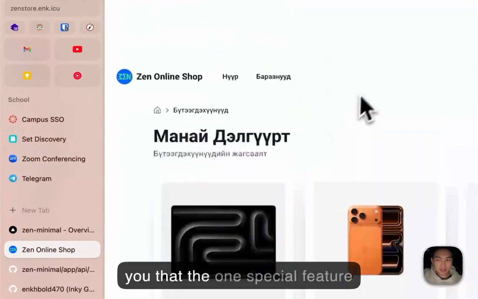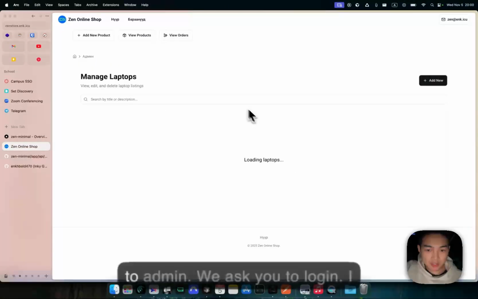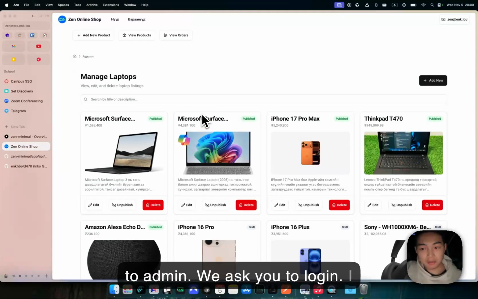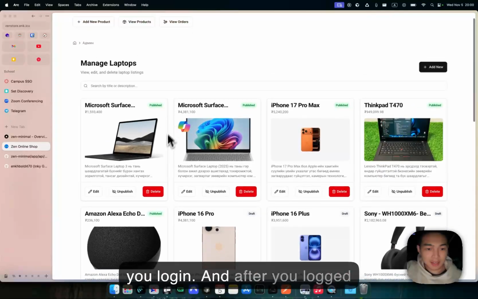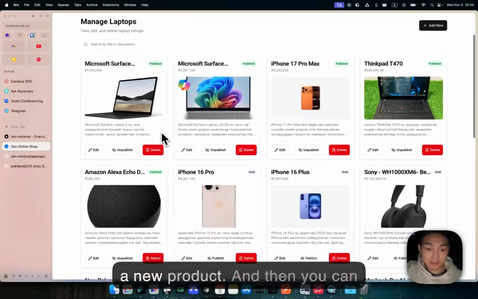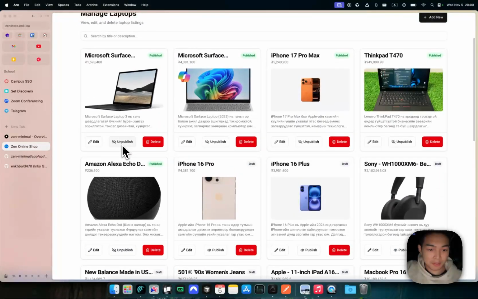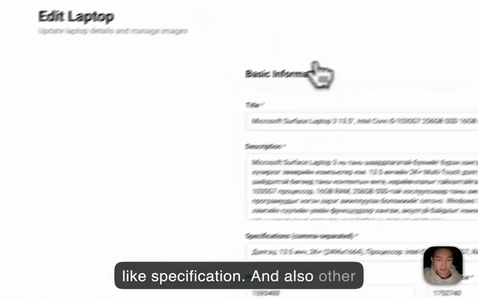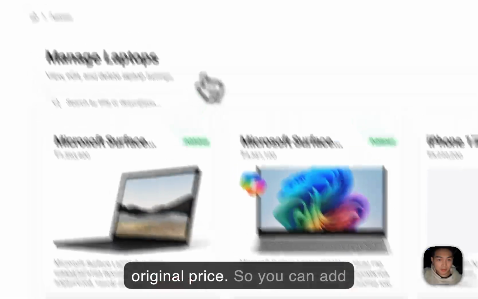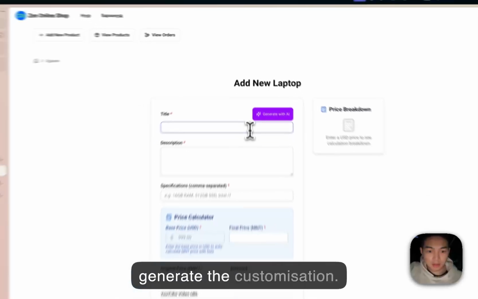By the way, I didn't show you the one special feature, which is admin. When you go to admin, it will ask you to log in. I already logged in, and after you're logged in, you can manage your products. It's like an admin panel, which is integrated. If you want to edit a product, you can publish and unpublish it. You can edit it like here, or if you want to add a new product, let's say